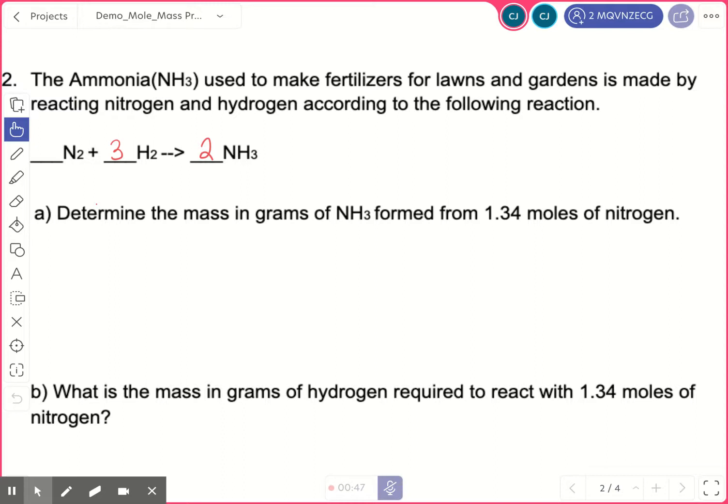So now I'm going to reiterate and go over the steps again. I'm going to put them up here. I changed them up a little bit to make it easier. So the first step is to start with the given. That's the same. Second step is to cancel units diagonally. Third step is to end with need on top,